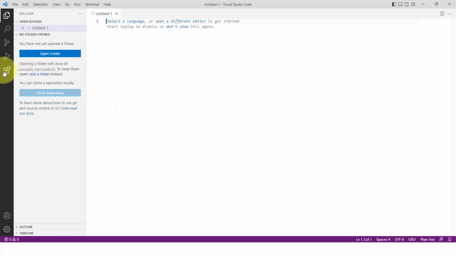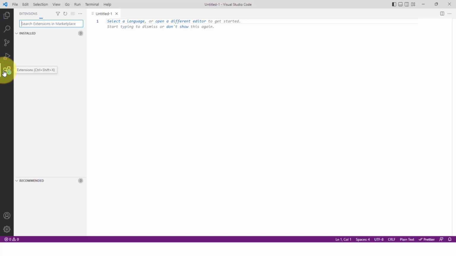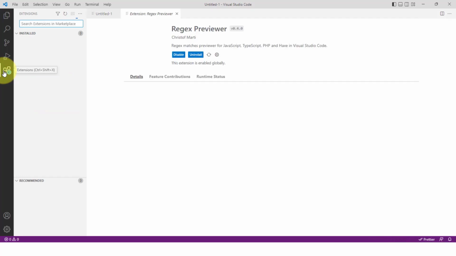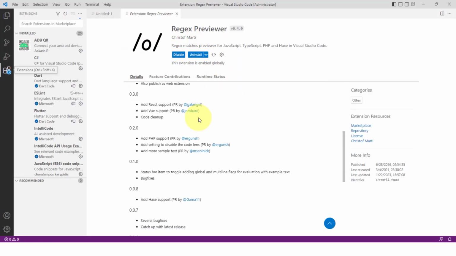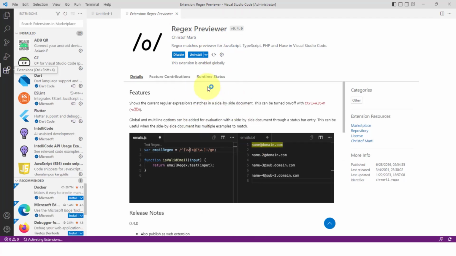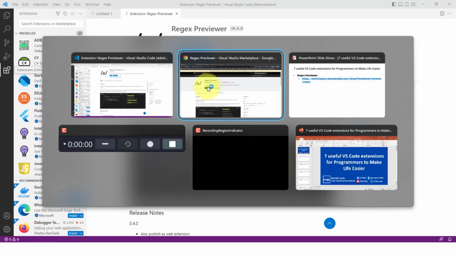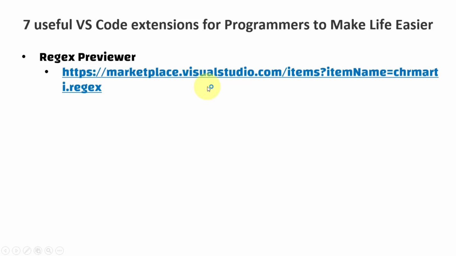It will open the Visual Studio Code, then it will open the page for the extension. Now I have installed it already and I'm using it. It's a simple, super simple extension that helps you to preview your regex. The second one is Mintlify